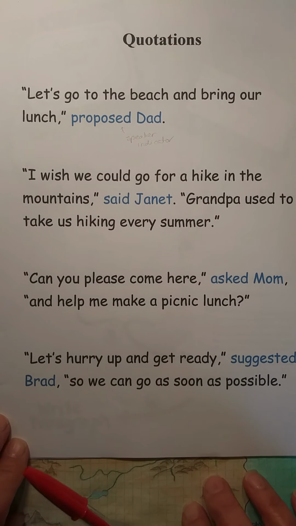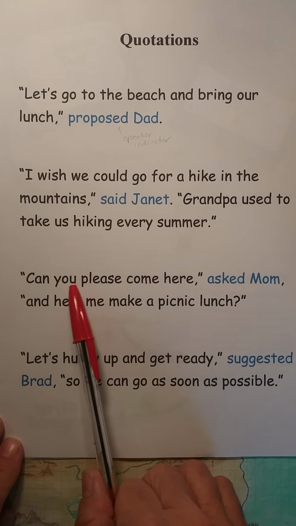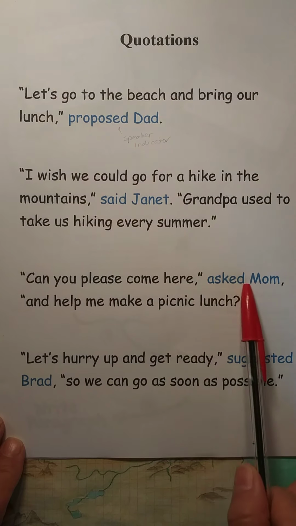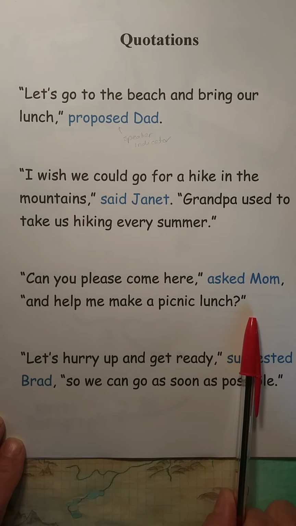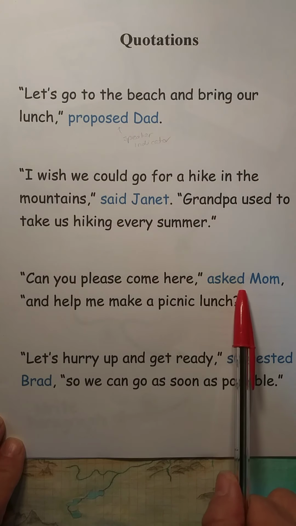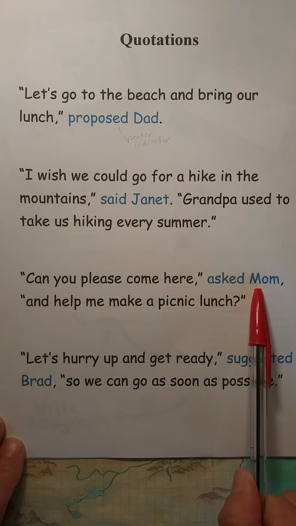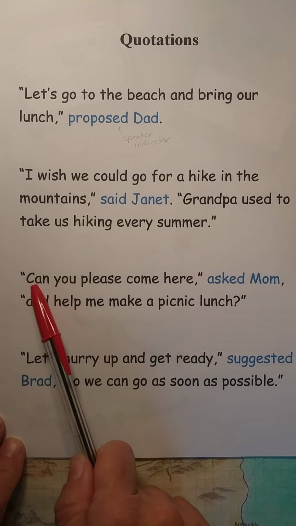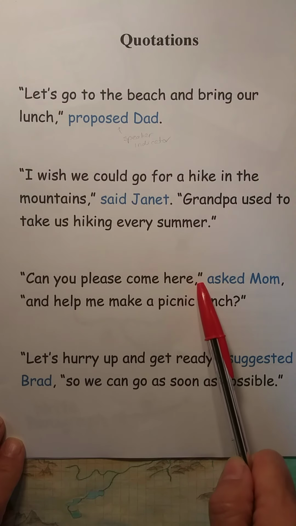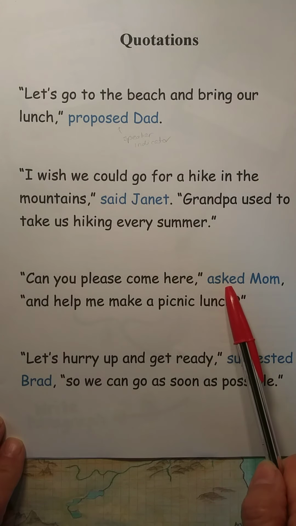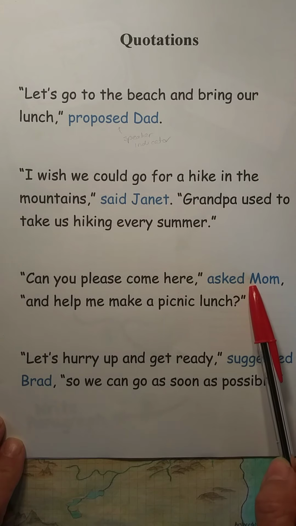Now the split quotation is like this example here. "Can you please come here?" asked Mom, "and help me make a picnic lunch." This is all one sentence. It's split in the middle with the speaker indicator, which is Mom. See, the first half, "Can you please come here?" You have to have that in quotation marks, and then you jump out of the quotation to tell who's speaking,